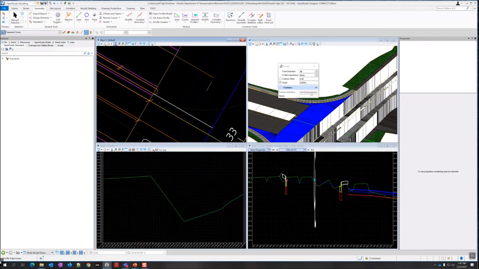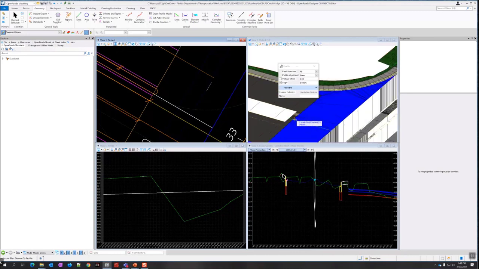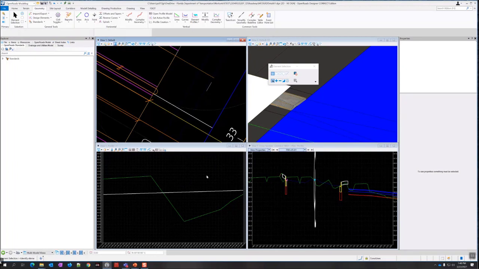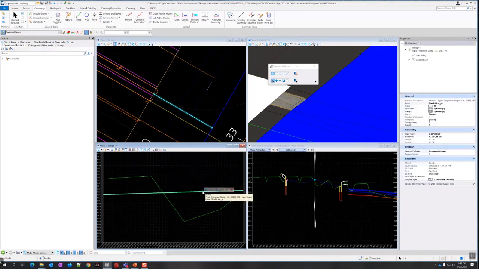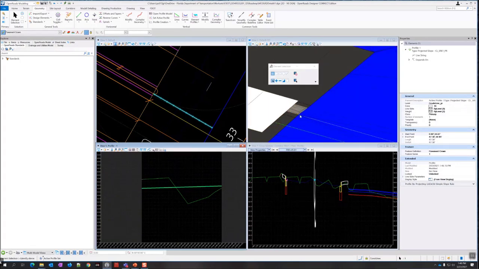Make sure the feature definition is set to use active feature. If you still have pavement crown set up here, then you can make sure use active feature definition is selected here next to it. And the vertical offset should be 0. So it adds a profile in here. So if I make that active, it may have already done it automatically, but if you make it active, you can verify that it is in the right place. So right here, it should be right at matching that point.